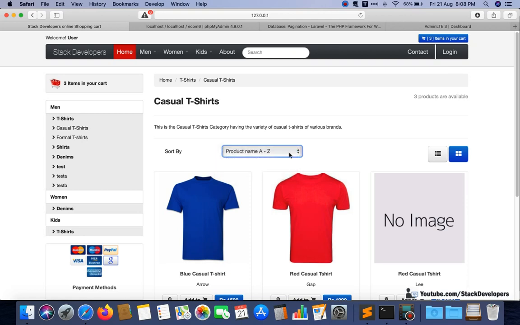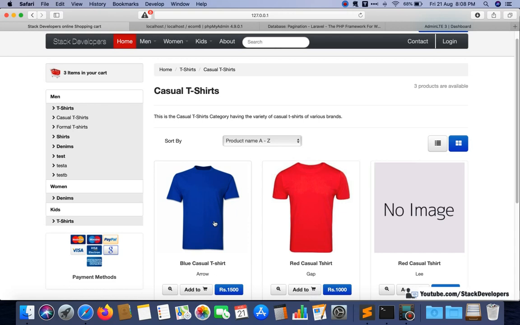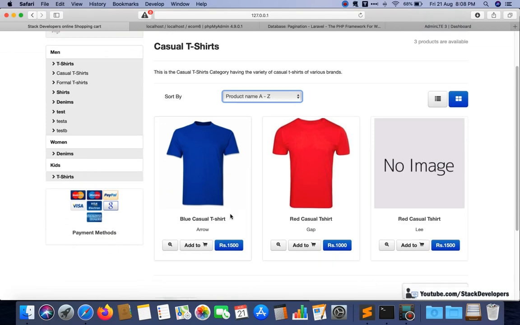And for the sort option we will give 5 options, not 4. One is the product name with ascending and descending order. Alphabetically, it will start with A, B, C, D, or if you want, it will go from Z to A. And then this one we will remove. No, we will pick price highest and price lowest. That filter is also done. We will show from the lowest to highest, and highest to lowest. And one more we are going to do: we are going to show the latest products at the top.